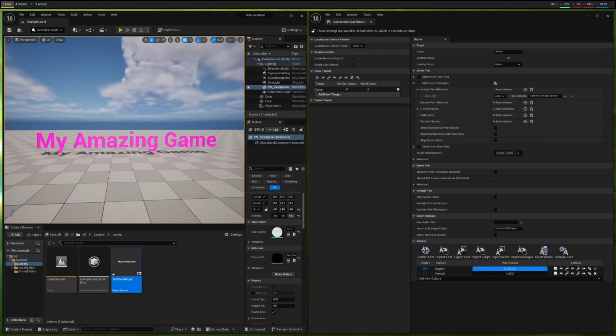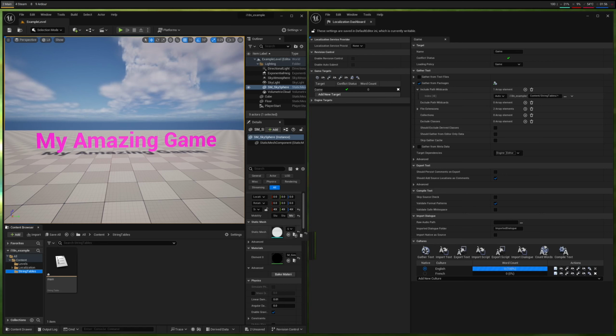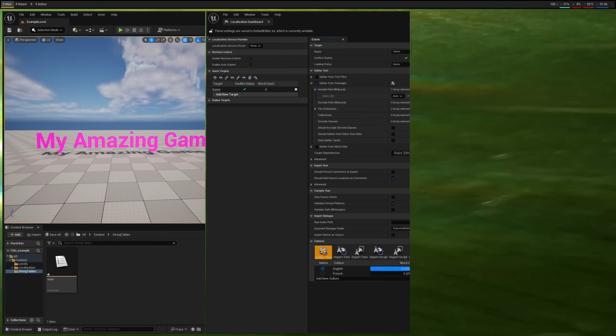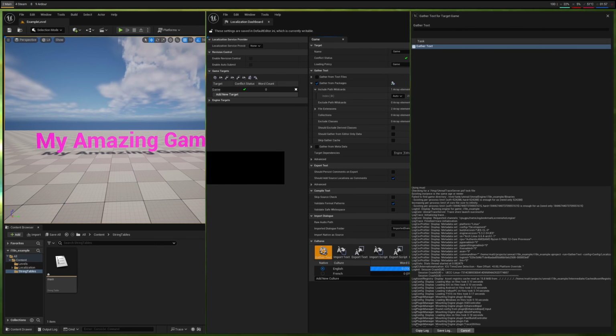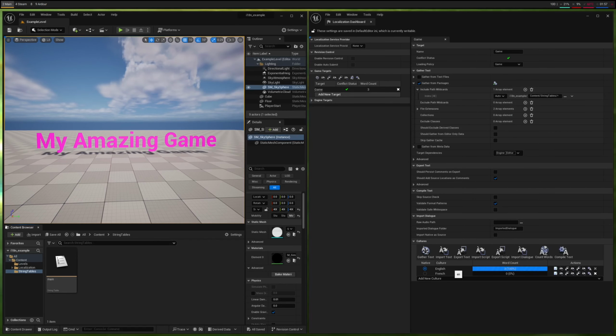But anyway, we've added French. We're not going to set it as our default. And then what we're going to do is hit gather text. That pulls in all of the strings from our string tables and anywhere else that you've set it to look, and it will pull them together into one database in one place. This will only take a minute. There we go. And you can see, maybe, that there's now 3 in the word count for English,